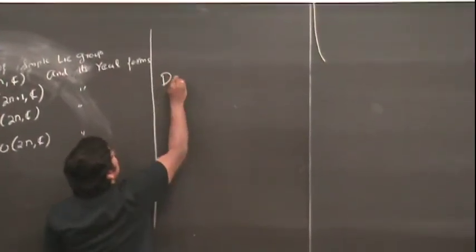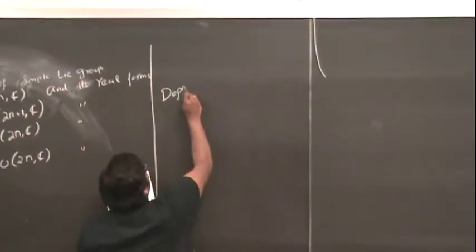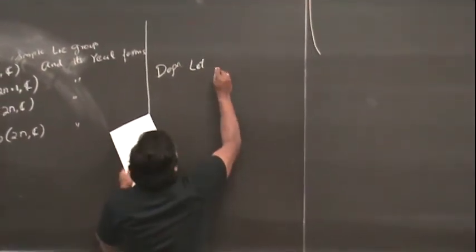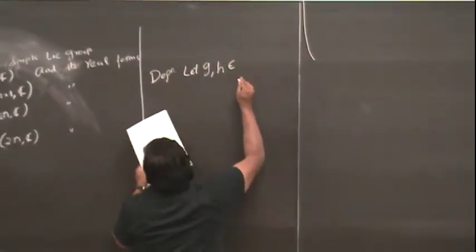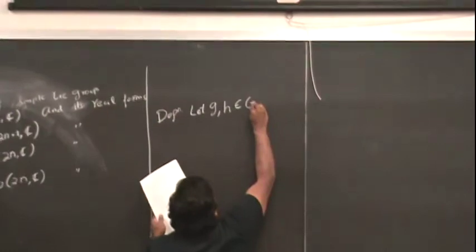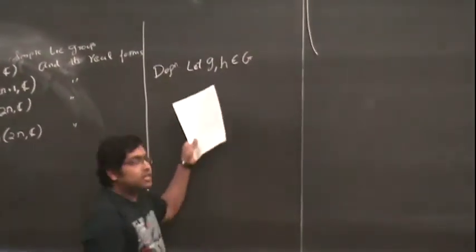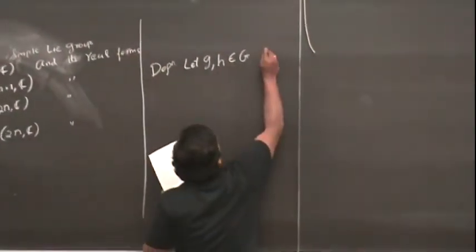Definition. Let g, h denote elements of a group G. Then